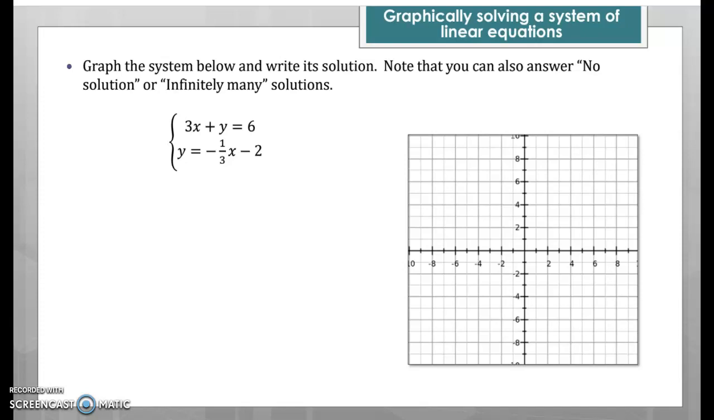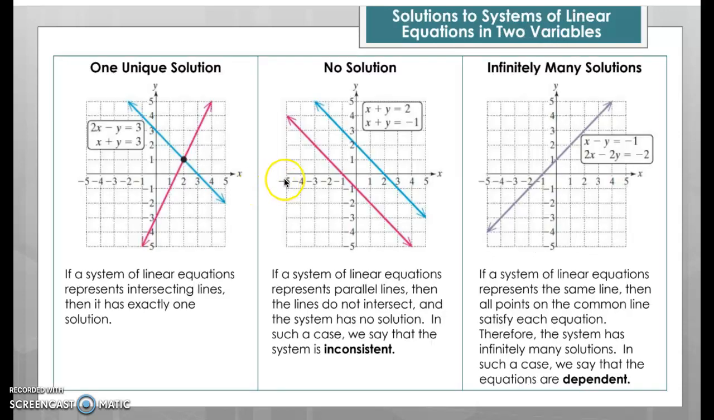Hey everybody, in this video we're going to talk about graphically solving a system of linear equations. But before we do this, let's talk about what our options are for how many solutions we can get when we're solving a system of linear equations. Now, when we're talking about solutions to systems of linear equations with two variables, we can have one unique solution, and